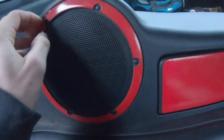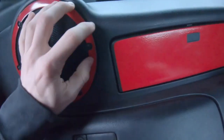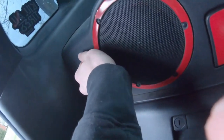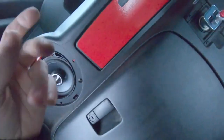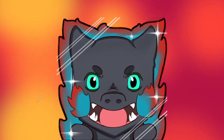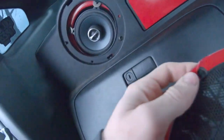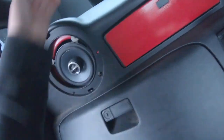Alright, so I'm finally getting to these stupid speakers because they rattle like a... These speaker covers are real easy. You just have to pry them out. Ow! That hurt. You don't need a pry tool, but if you want to save your hands a little bit of pain, that's